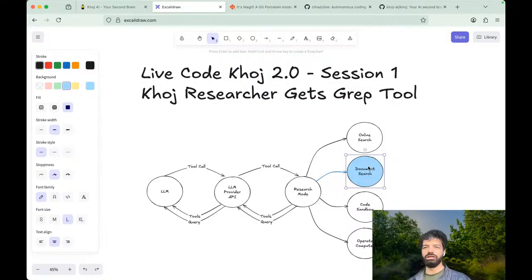But it cannot technically answer questions which require looking through all the user's documents. So the example that I gave, forget LLMs. If you are a human, who has been given access to my notes, and I ask you, hey, can you tell me when did I sell my last car?